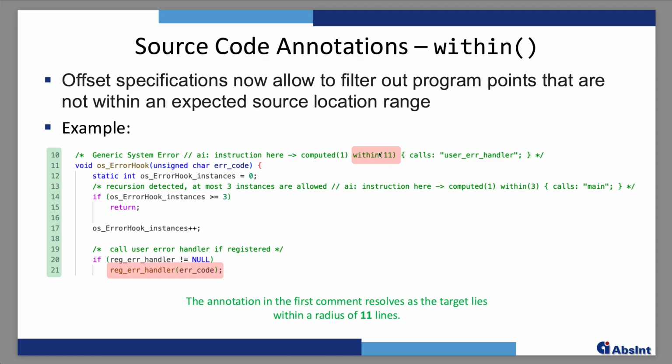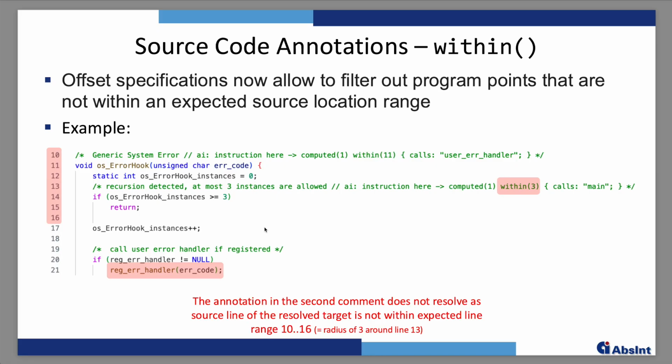As you can see in this example, it really works because we are here in line 10 with the source code annotation in this comment. And 11 lines later, we have the computed call location. Okay, this nicely works. We have a second example here in line 13 with another computed call annotation, but this